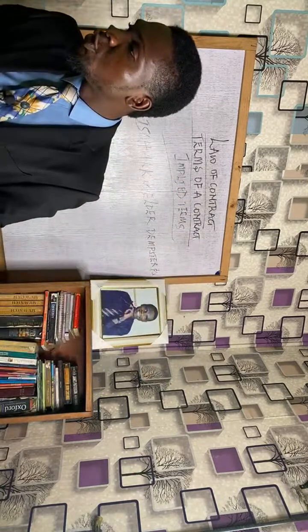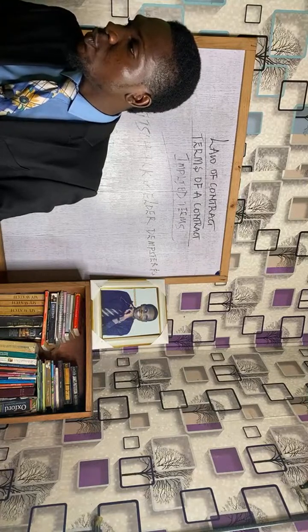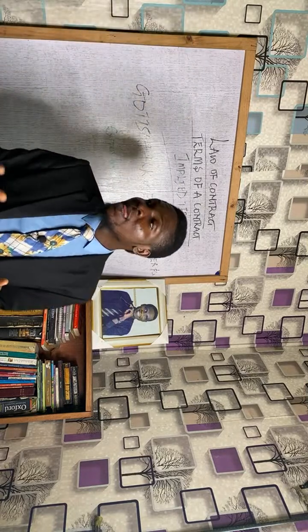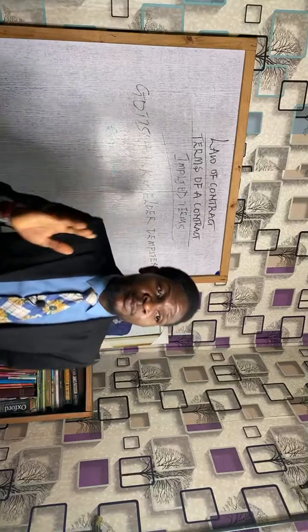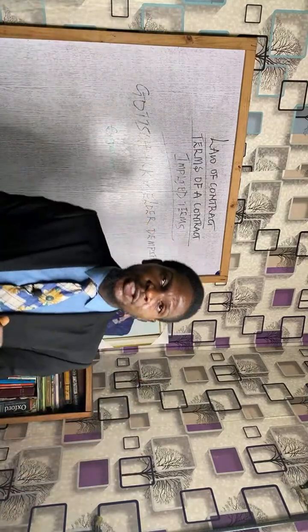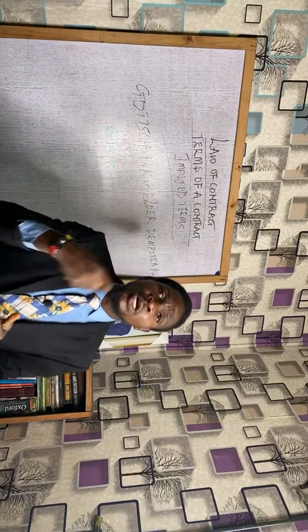Before we round up, let me just do a quick recap for us over again. When we started our class, we said that when we talk about implied terms by trade and custom, we are talking about what Parke B said in the case of Houghton versus Warren. So when you are writing an exam question, if it's an essay question, just download every information that I've given you in this video. Download it there. I'm very sure that you will get a very high mark. But if it is not an essay question, but it's a problem question, raise your issue.